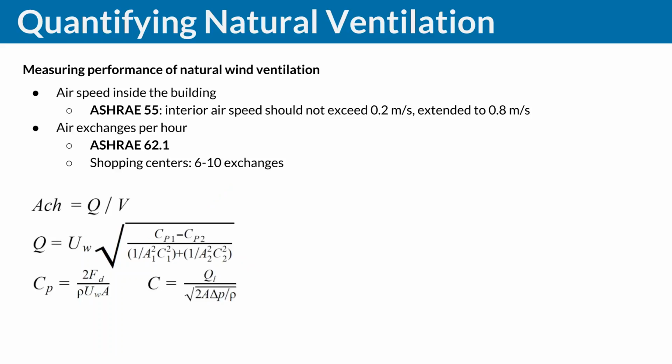One is the air exchange rate, ACH, which you can calculate by dividing the cross wind flow rate, so the rate of flow going inside the building, by the volume of the building. And this cross wind flow rate needs to be calculated based on